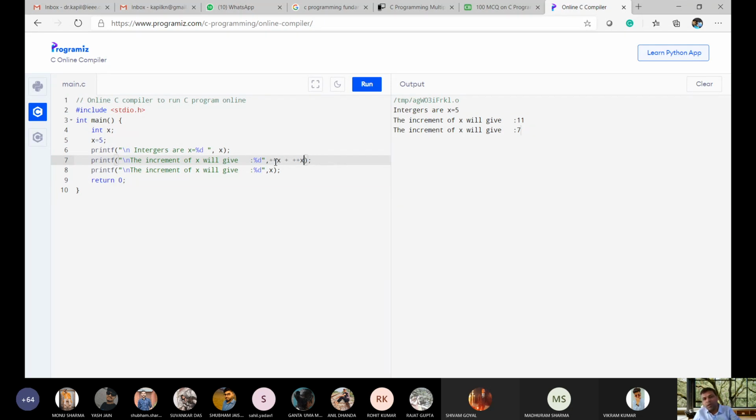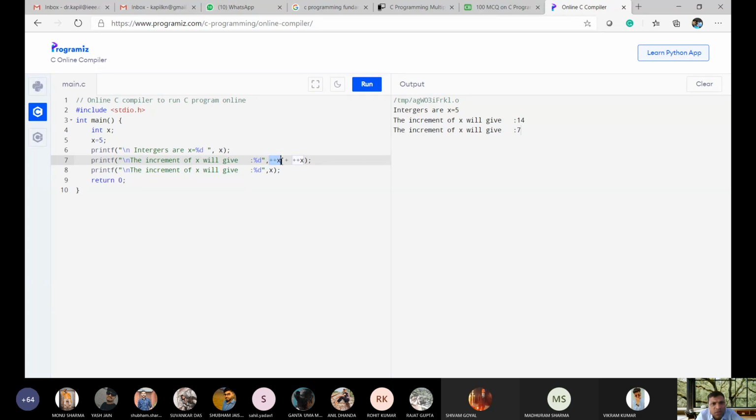So let us try another combination of this. So this is 6 and this is 7. So now the answer is 13 and the value of x is 7. Still 7. 14. Yes, because it is incremented previously. So initially this is 5, 5 incremented by 1 is,